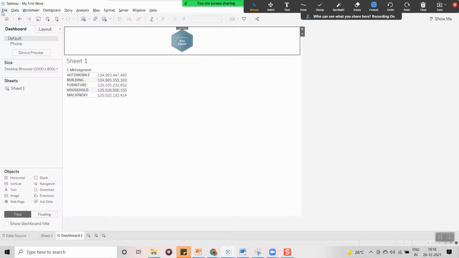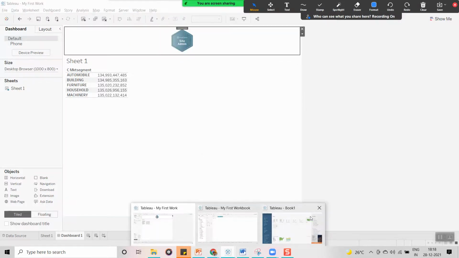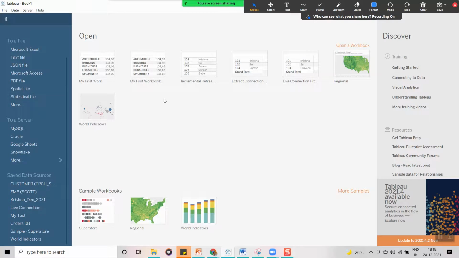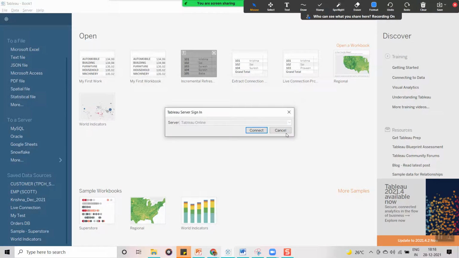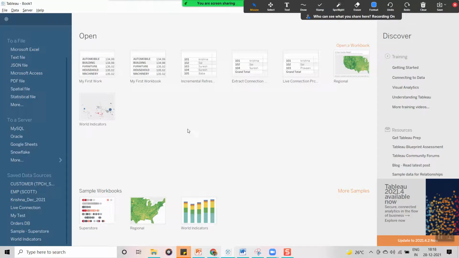Now, for example, let me show you. I have opened some other report here. Let me connect to an Excel file, just the sample superstore, to show something.